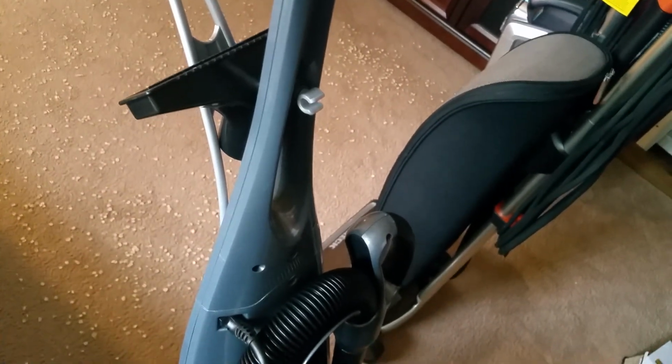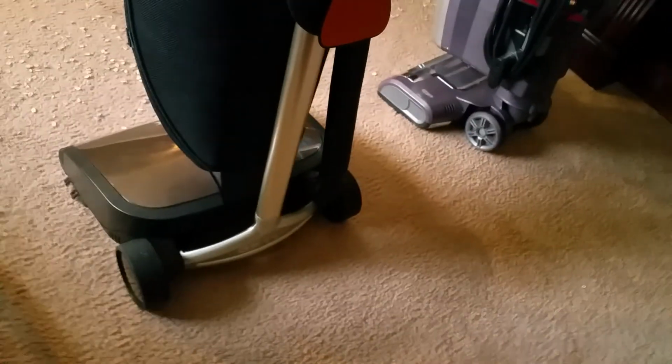But anyway, I'm going to get into the demonstration side of the video. I wanted to just give you a brief overview of all these machines. Also, I didn't mention, the Oreck Edge is designed very differently. All of your dirt comes up through this center post and into the bag. If you've ever seen people in the reviews complaining about how they don't understand how to put the handle together on this vacuum,